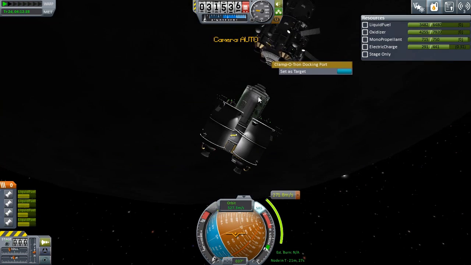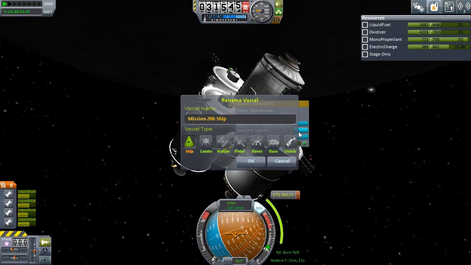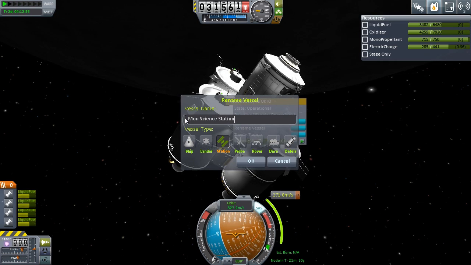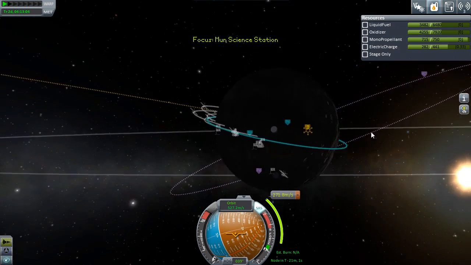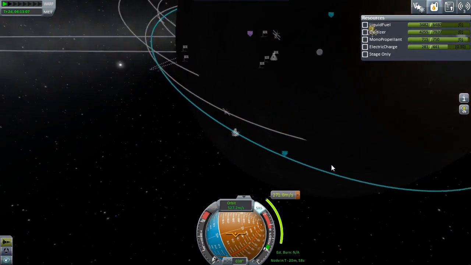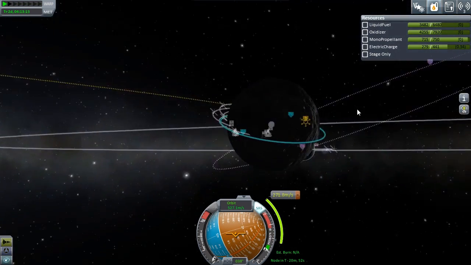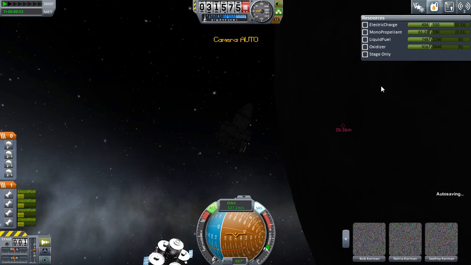I'm going to switch back here. SAS is on, that's good. I'm going to rename the vessel. Moon Science Station. It'll stay in orbit around the moon. And we will head back. So let's head back here,